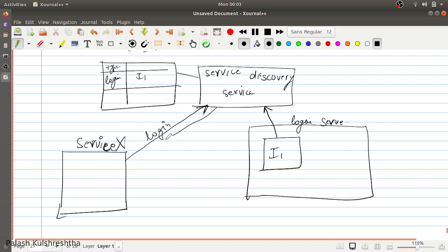The service discovery system is going to send it I1, and then it is service X's responsibility to send that traffic to I1.